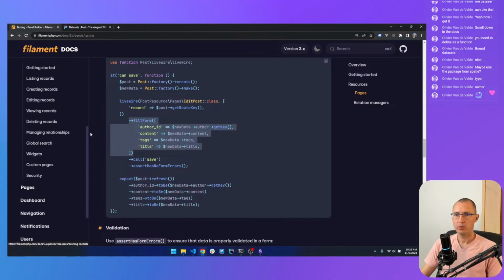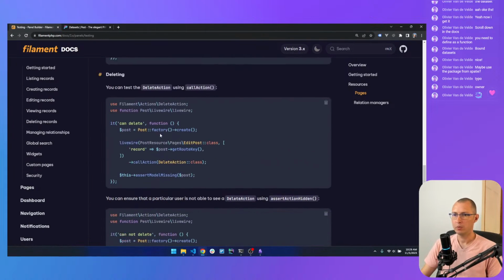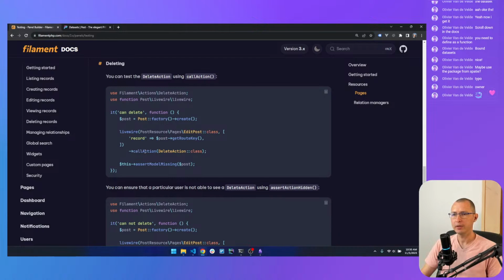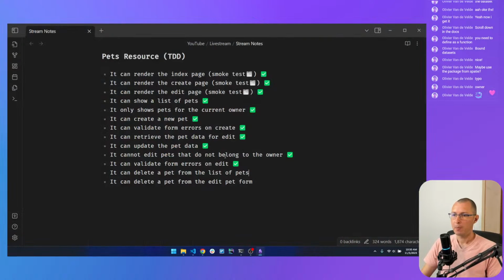I'm gonna go to, okay, validation. There should be something about deleting here. And this is the test for the edit form. So we create a new record, we mount the edit page, pass the record into the component, call the action, which is the delete action, and then we assert that the model is missing on the database. Let's take care of this one first then.